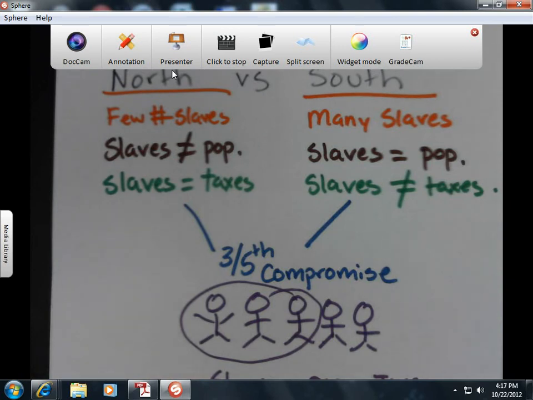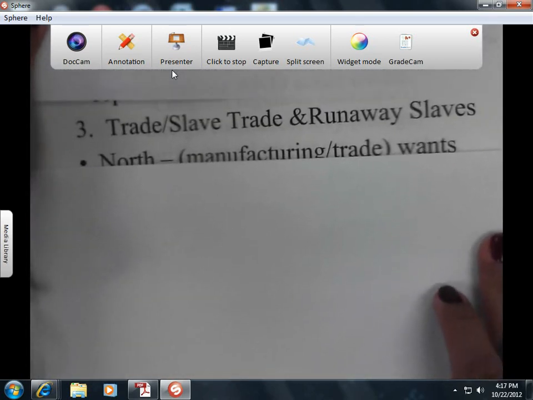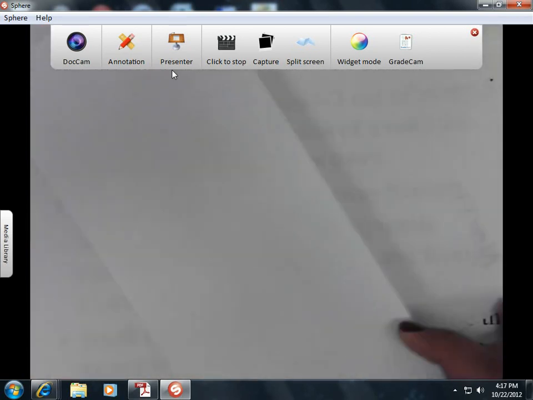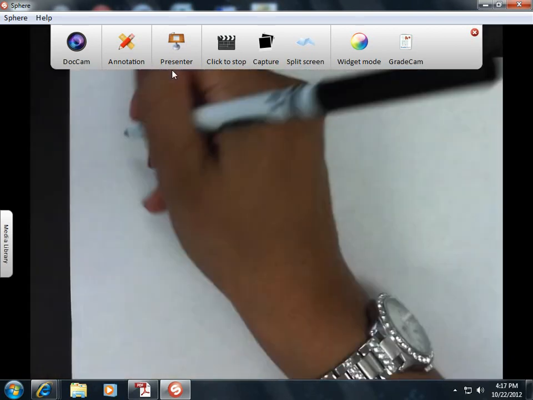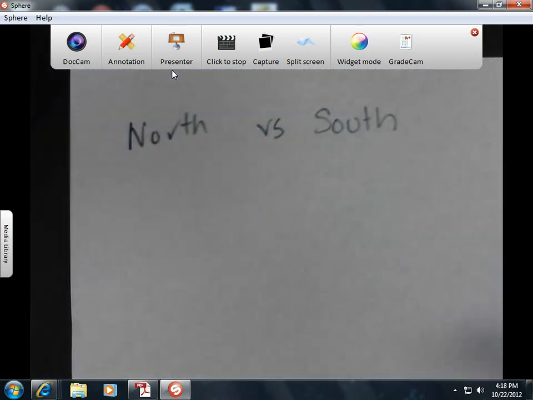Now the third compromise has to do with what are we going to do with trade, slave trade in particular, and runaway slaves. And that, of course, leads us to the third compromise. So on another sheet of paper, let's go ahead, and this issue, of course, is not large versus small. This one still is North versus South. And in this North versus South, you have, of course, the North, and you've